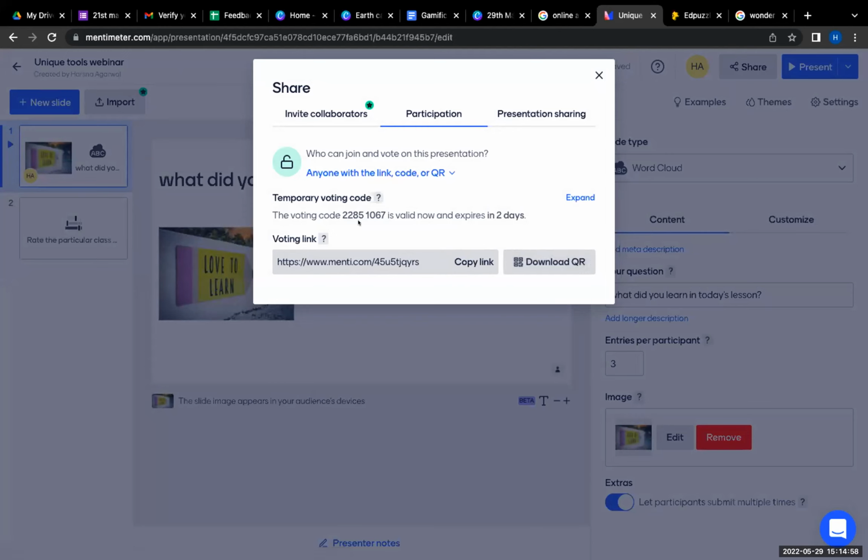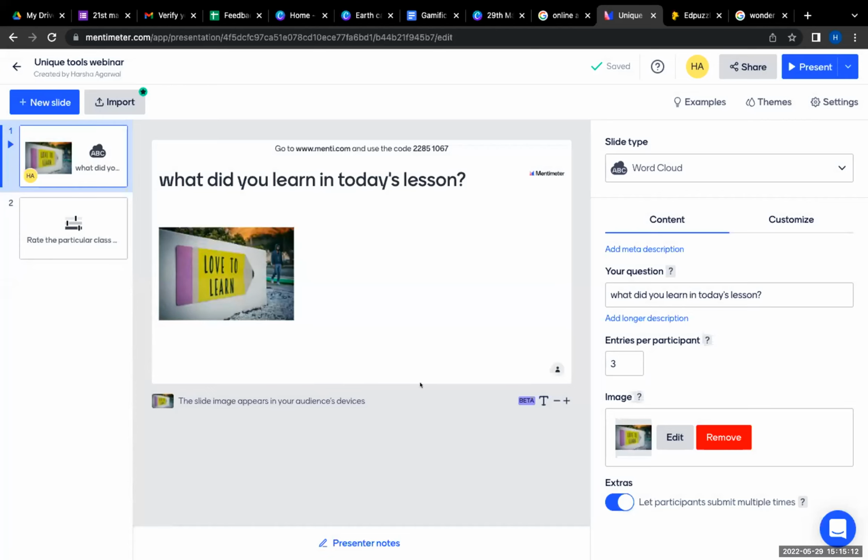Also, there's a voting code here, 22851067. As you can see, this one. If you choose a voting code as well, students can enter the code and join the particular voting as well. Now what I want you teachers to do is